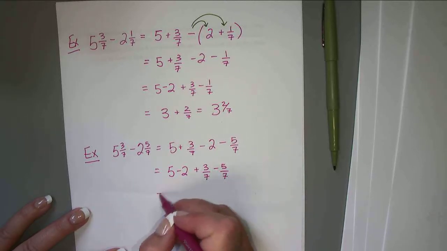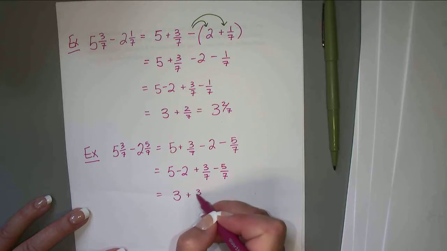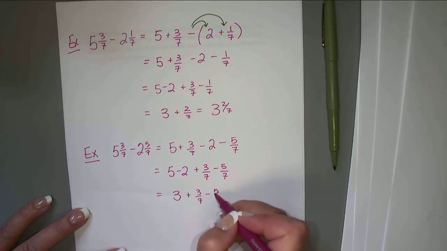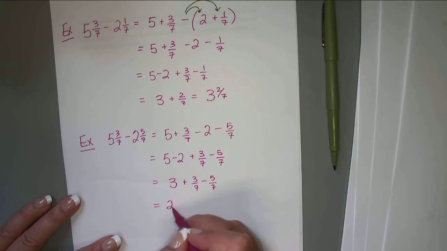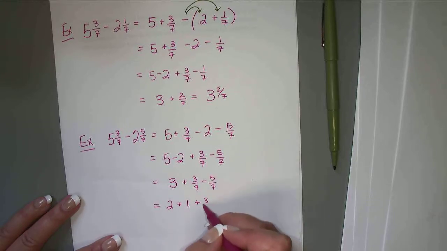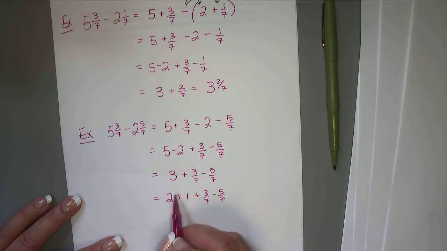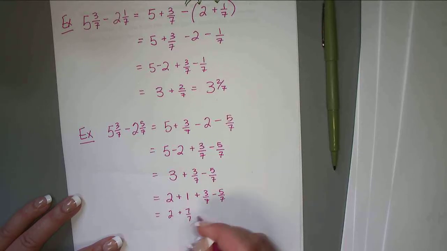So what we end up doing is what we call borrowing. So we're going to take one off of this whole part. Rewriting everything else. Okay, so I broke this up. It's still equal. This is still 3. But now we can write the 1 as 7 over 7. And now if we look at these 3 fractions when we work it out, it still all adds up to